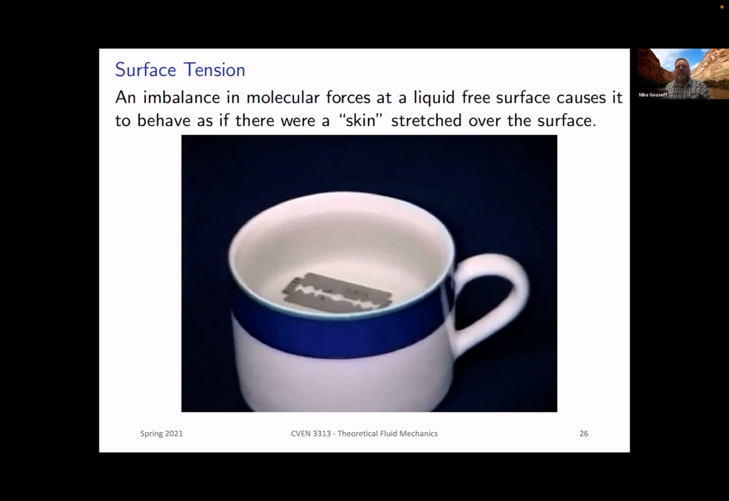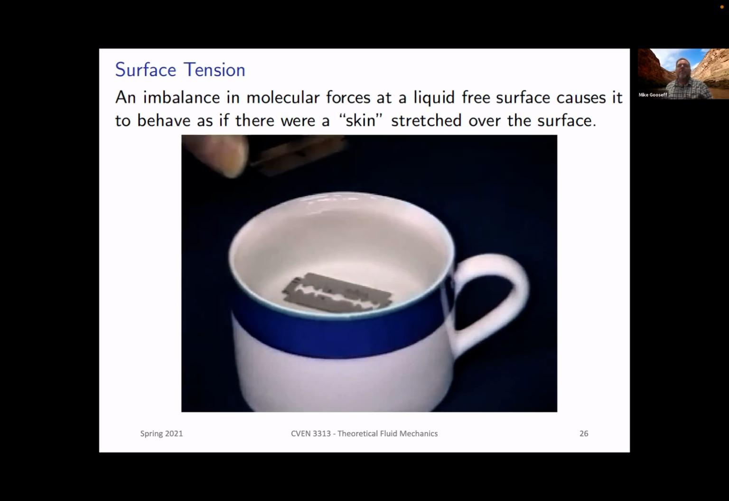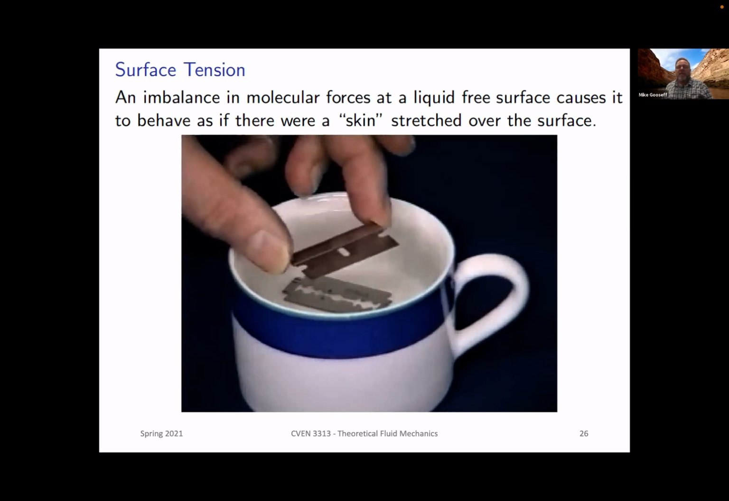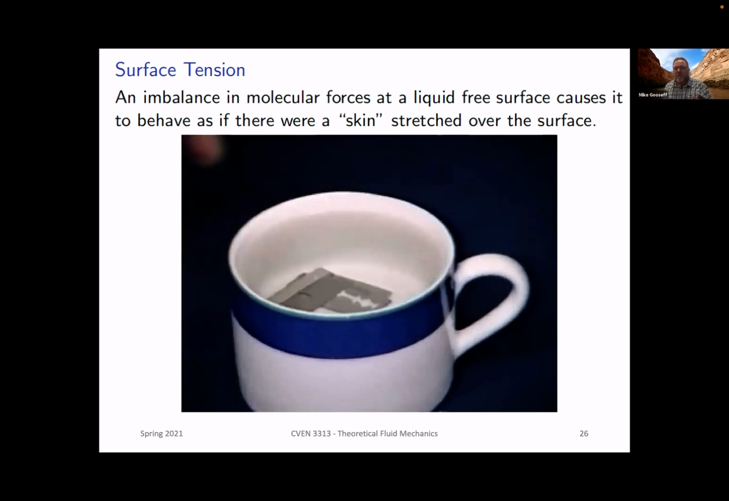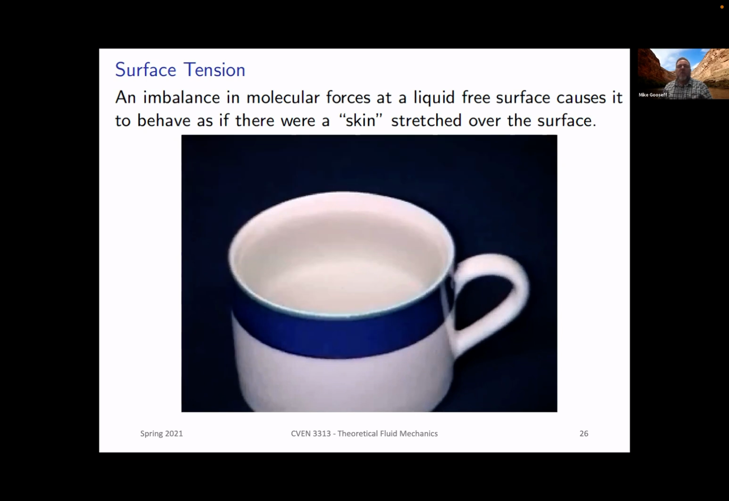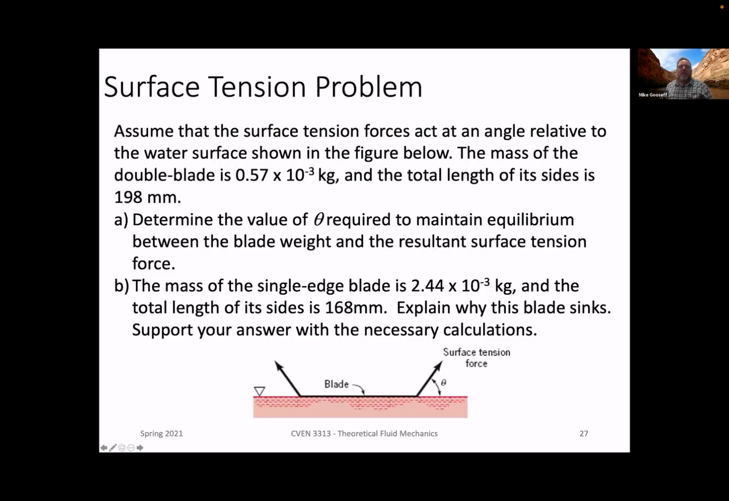And then if we put a single-edged razor blade on, it doesn't get held, right? Surface tension is not strong enough to hold it in place. So what's the deal? All right, so if we assume that the surface tension forces act at an angle relative